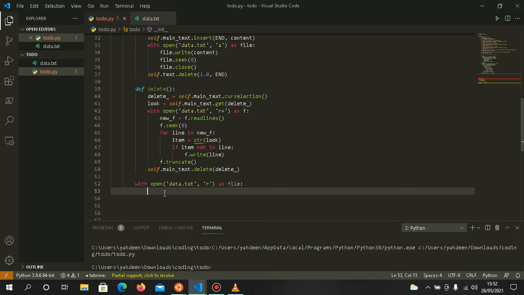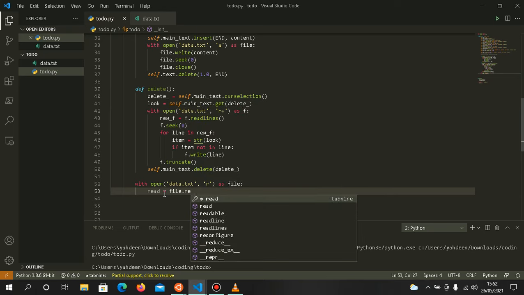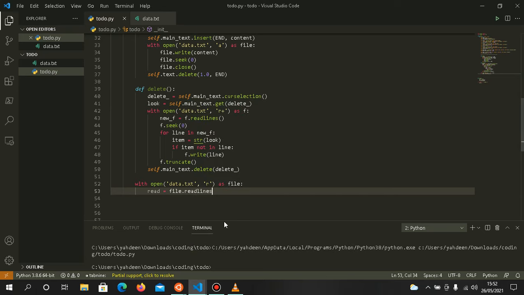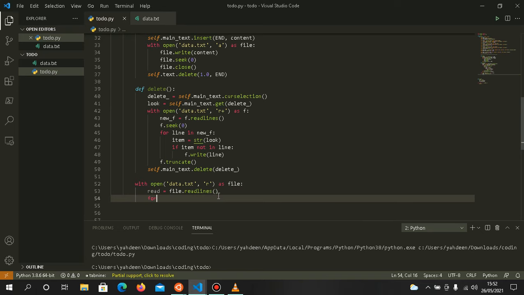So it will be read equals file.readlines, just like that. We now loop through the read file, so that we get each word on a separate line. So it will be in read